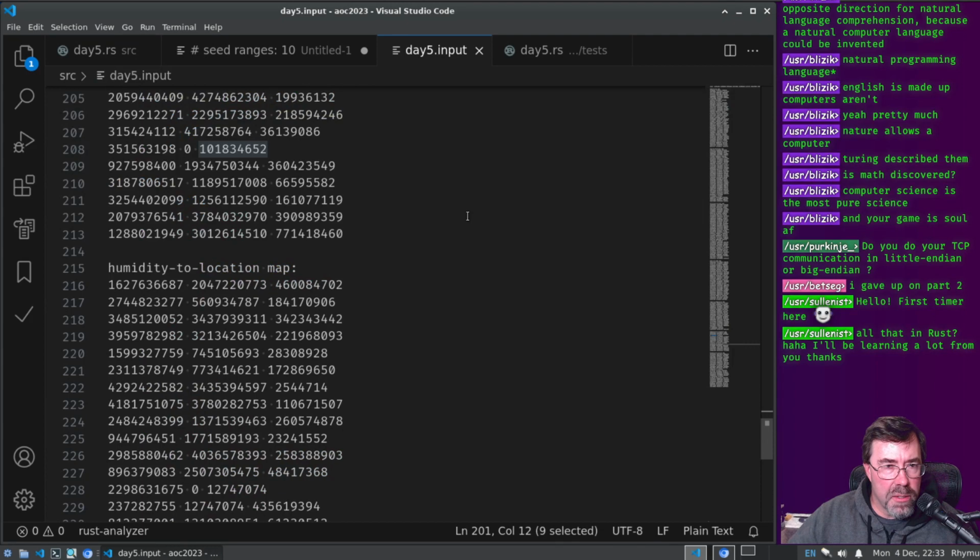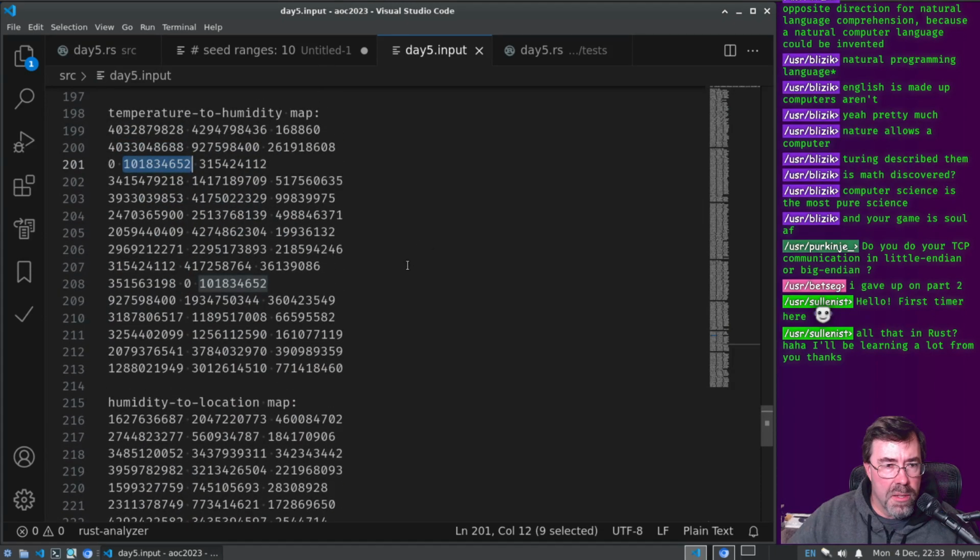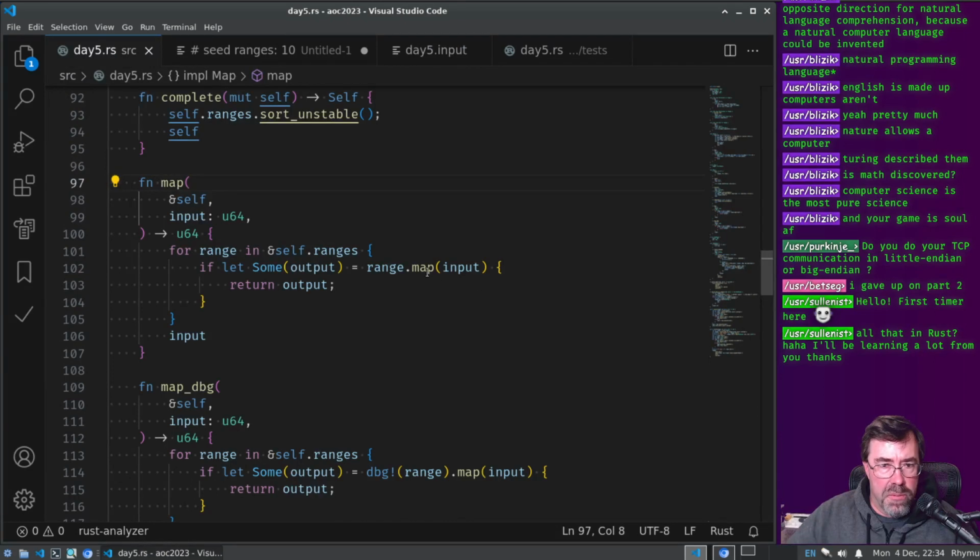Wait. I can understand how it mapped it to 0, but then why did it not go through the last range? It's supposed to go through all of the ranges.